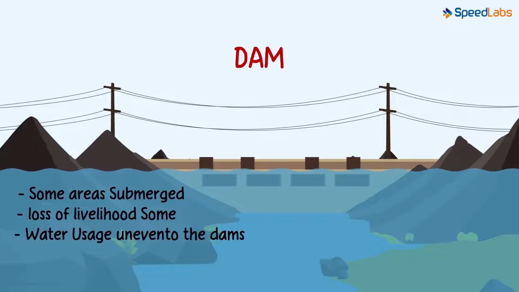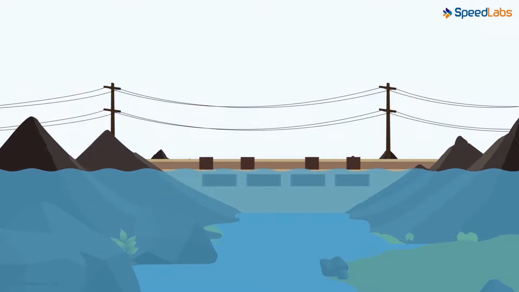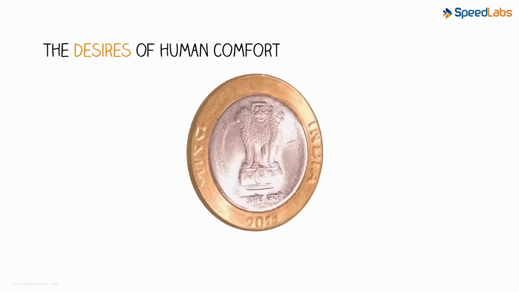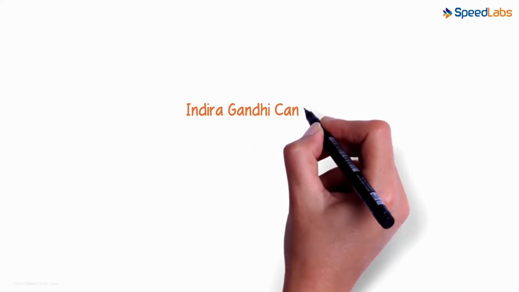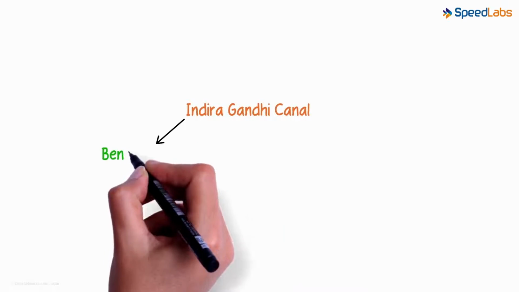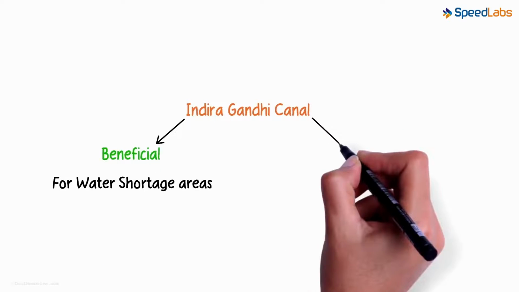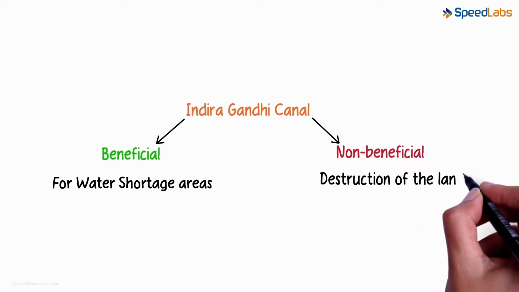There is also a huge loss of biodiversity due to submergence of the surrounding land. Not forgetting the large number of trees which are felled to build these mega structures. Just like every coin has two sides, the desires of human comfort threaten the environment too. Take the Indira Gandhi Canal for instance. It did prove beneficial to the people who suffer from droughts and water shortage. But it was at the cost of several residents who lost their lands as they lay in the path of